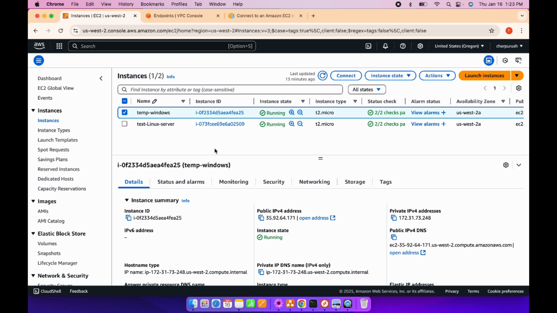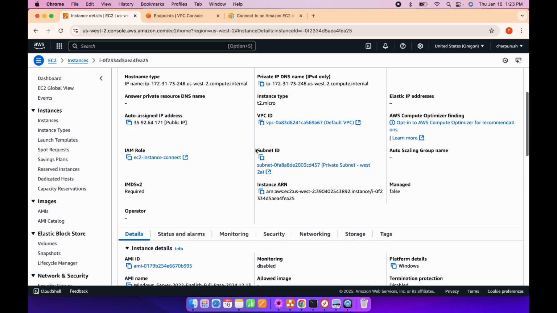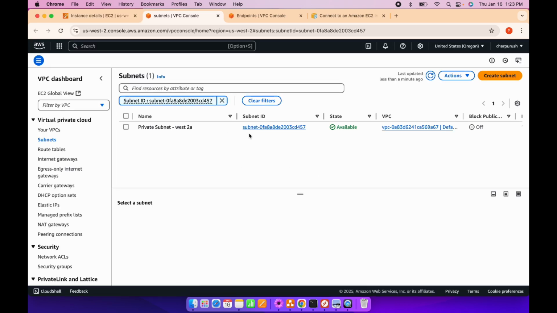Currently I'm spinning two machines. One is temp Windows and temp Linux server. Both are running in a private subnet. So let me show you how to check the private subnets. So private subnets, and when I go to the private subnet